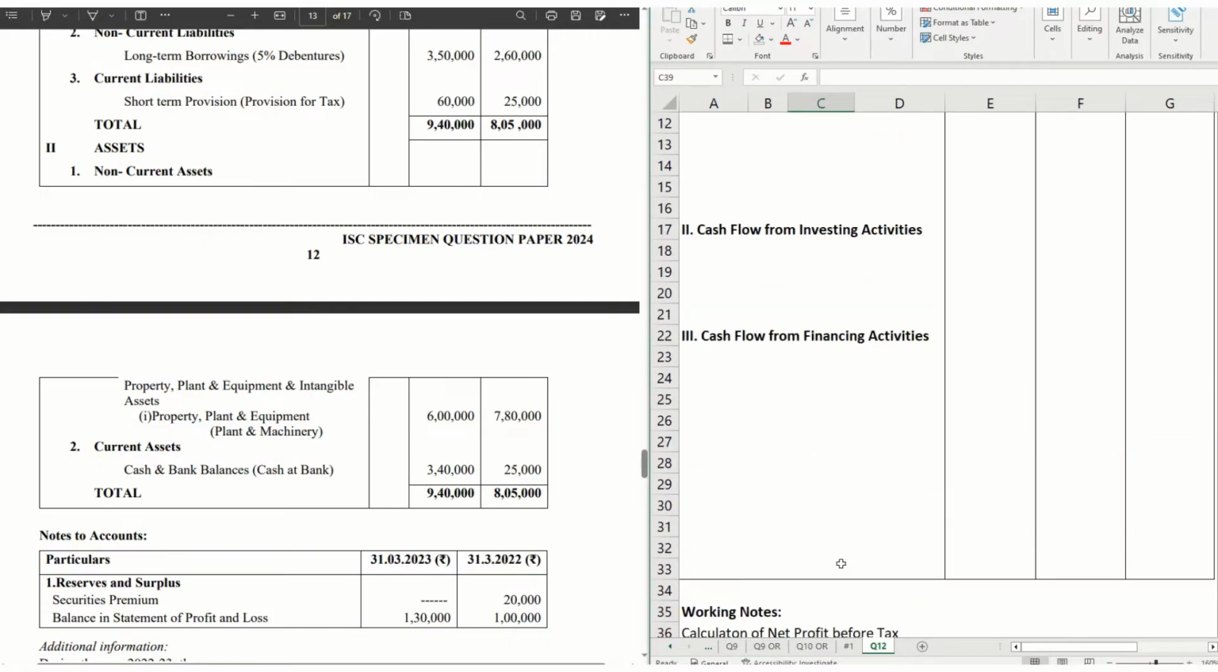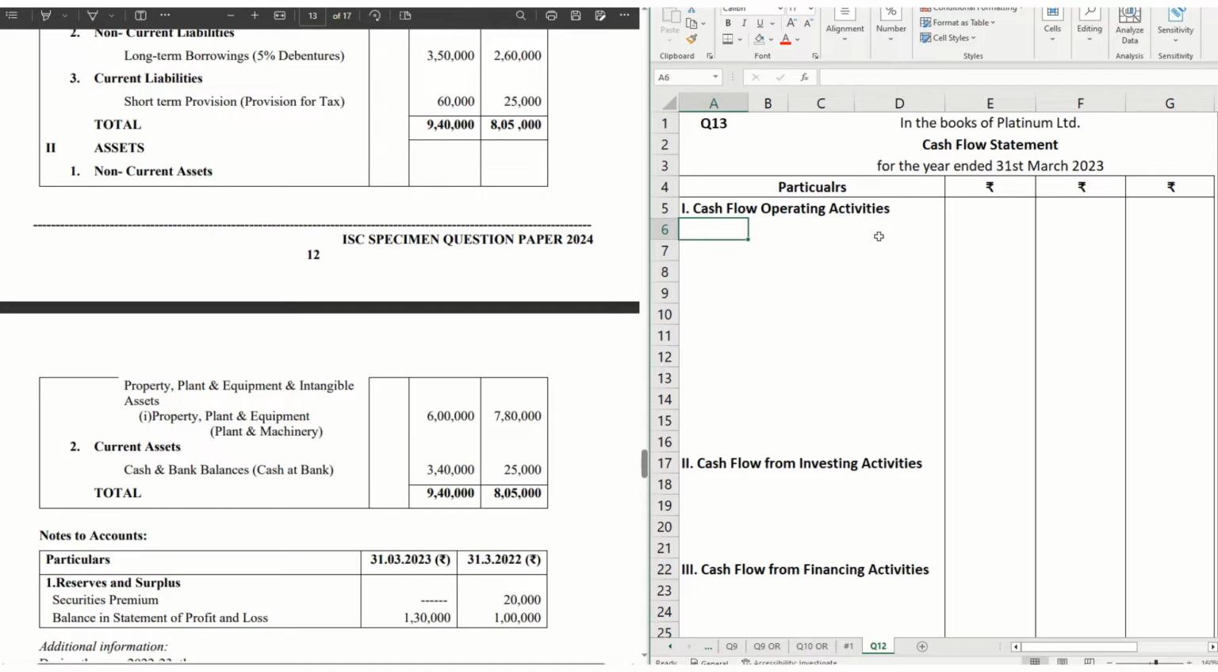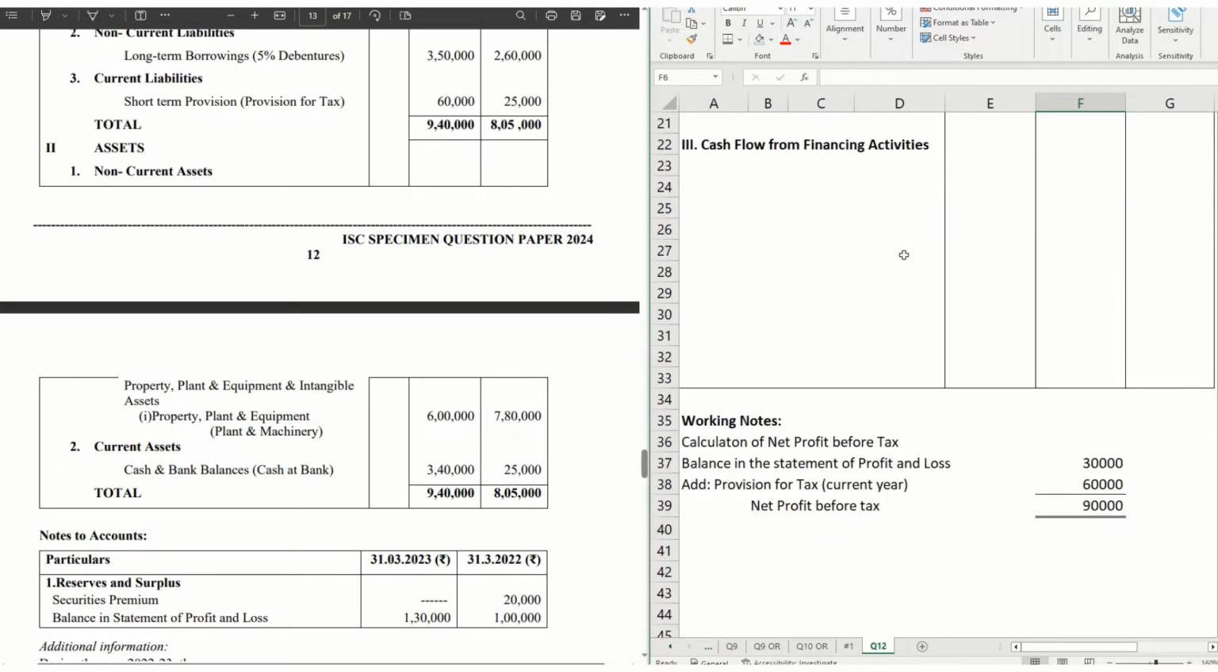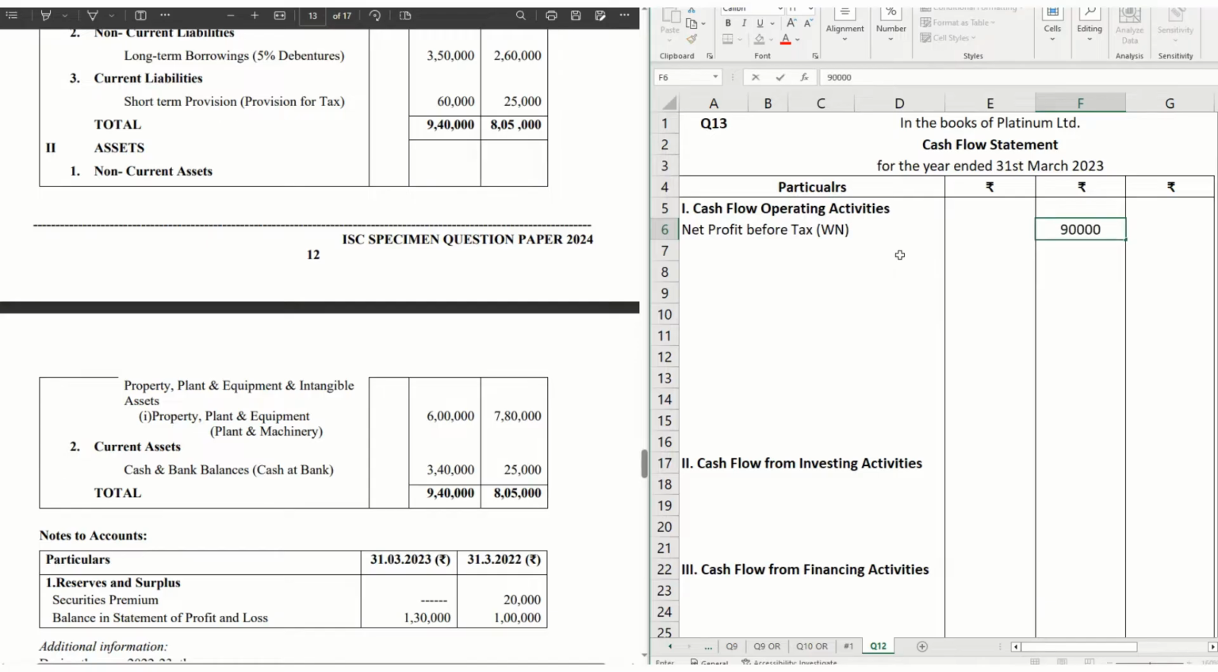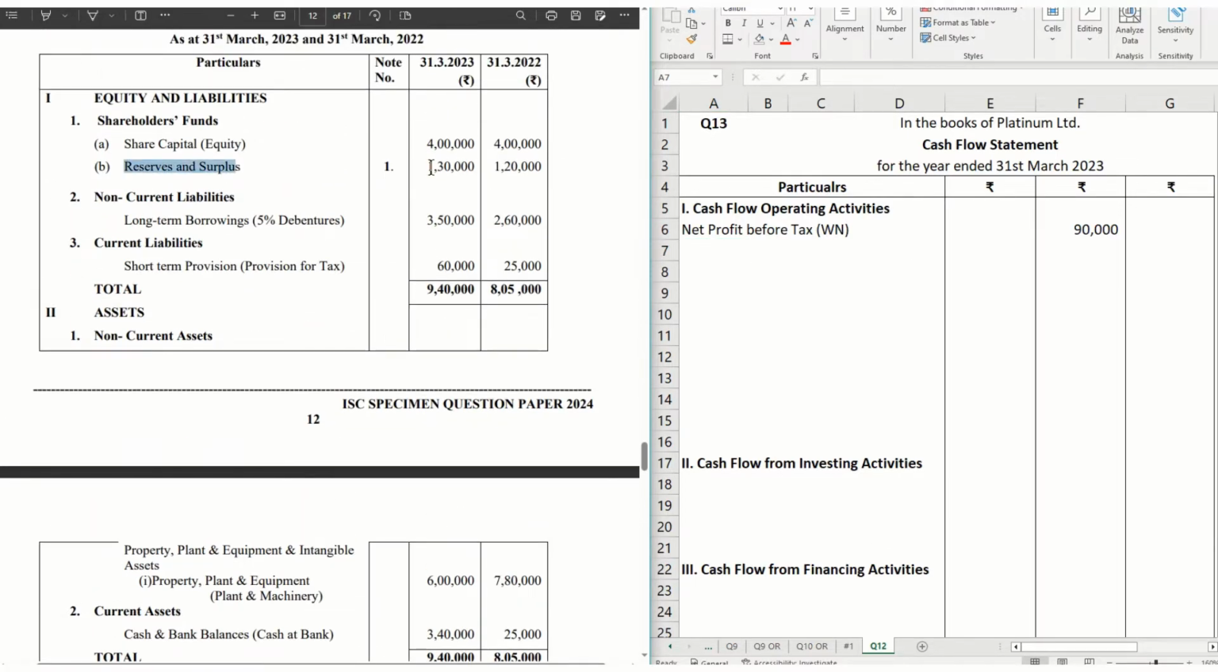So this amount will sit in the cash flow statement at the beginning. Net profit before tax, working note. We write that in the middle column, 90,000. All right, so we are done with reserves and surplus. Only one adjustment is left for securities premium. We'll come to that. Then we have long-term borrowings, 5% debentures,